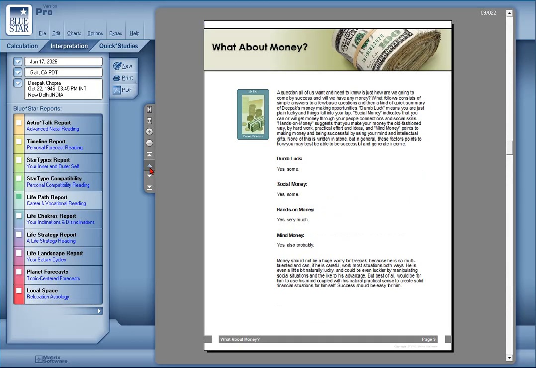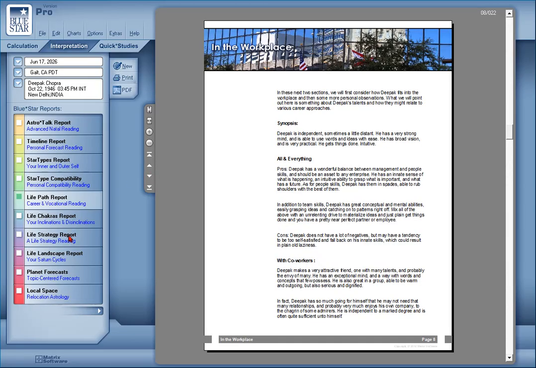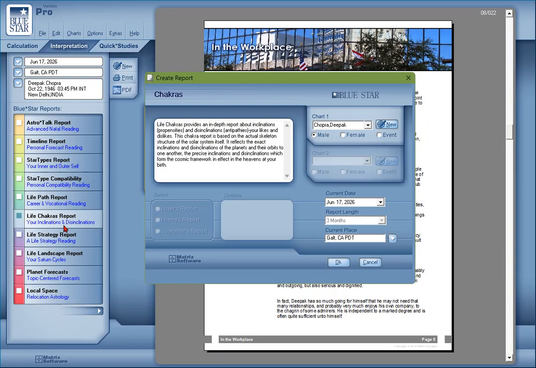Okay, all right. Now we go to the Life Chakras report. This is really a really good one. It's an in-depth report about inclinations towards properties and disinclination that you like.